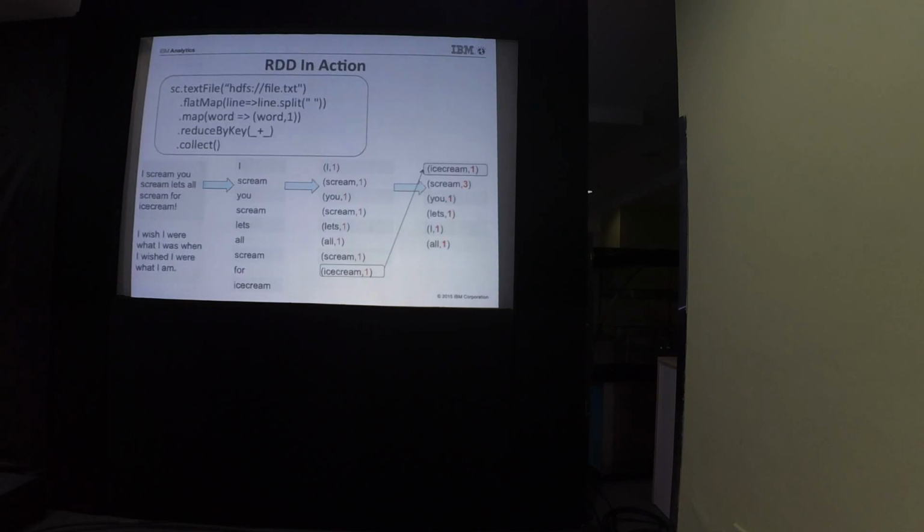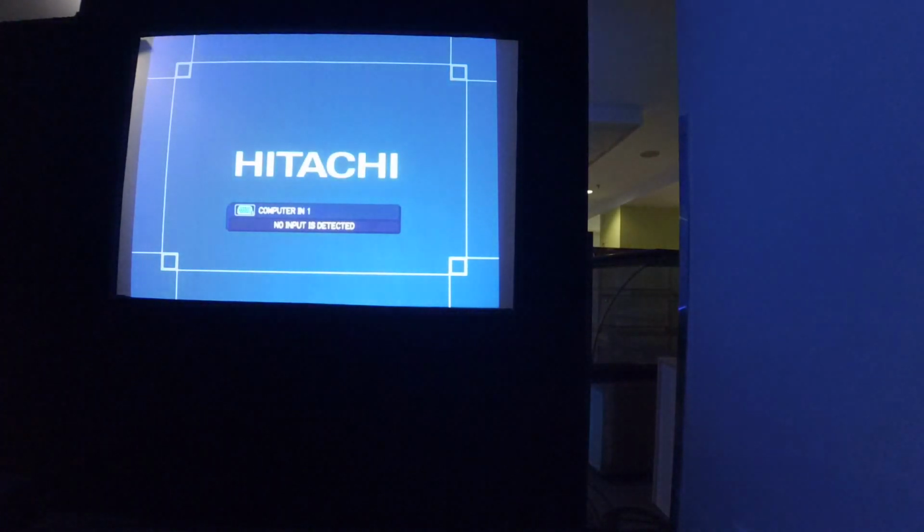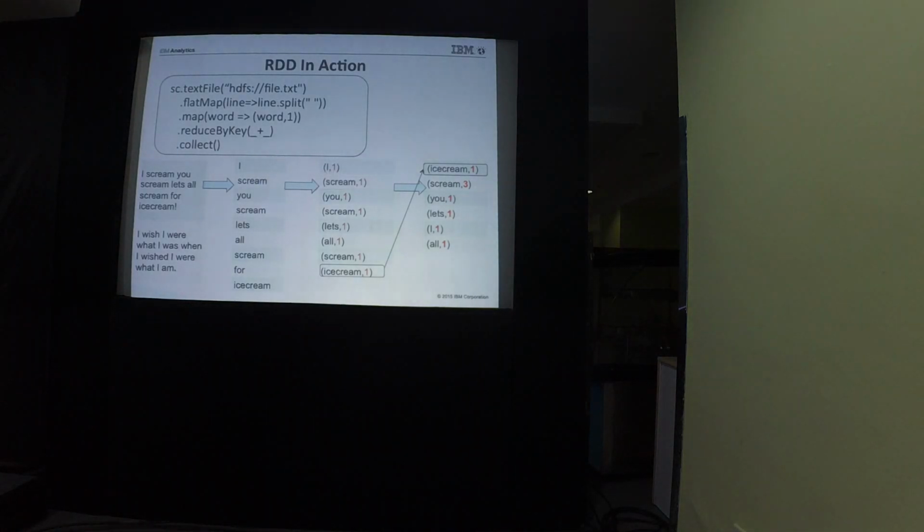Now we'll see RDD in action. Again, this is word count, the famous word count. Word count is kind of the hello world of big data, right? So here I have sample data, and this is one small program which does a word count. If you remember the word count example in Hadoop MapReduce, it used to be a lot of code, right? So here what we are doing is reading data from a text file from HDFS or local. We are splitting the lines by space, and then